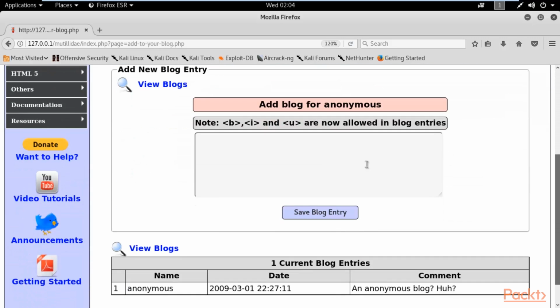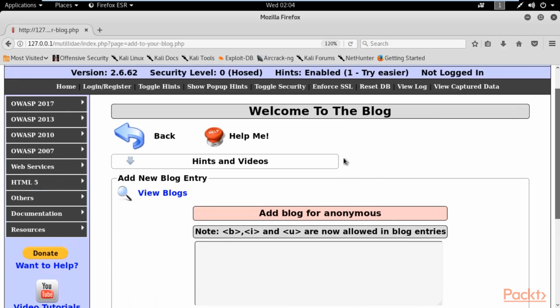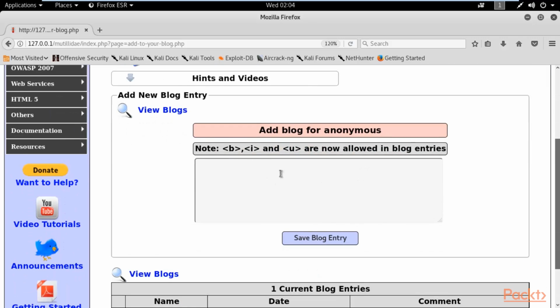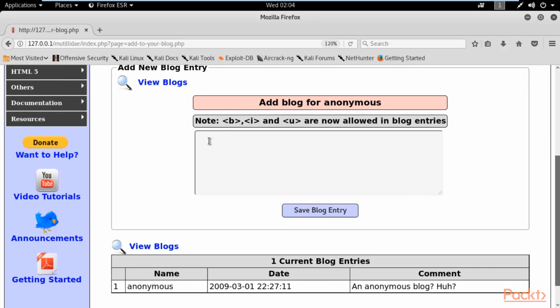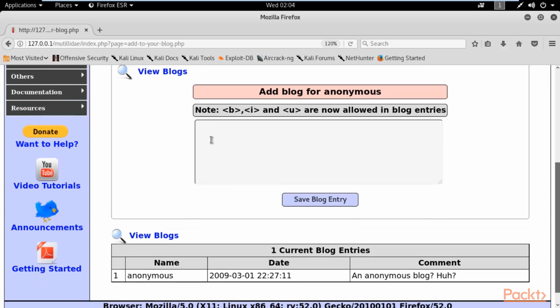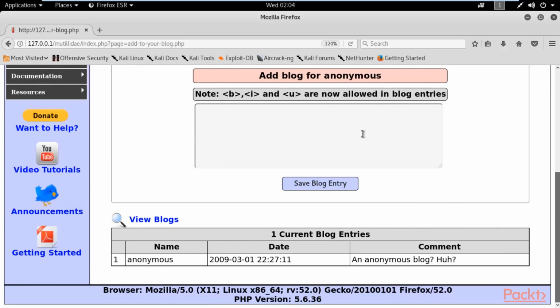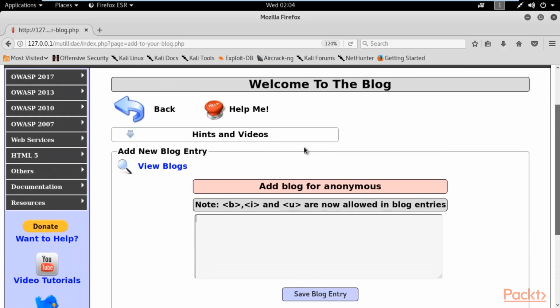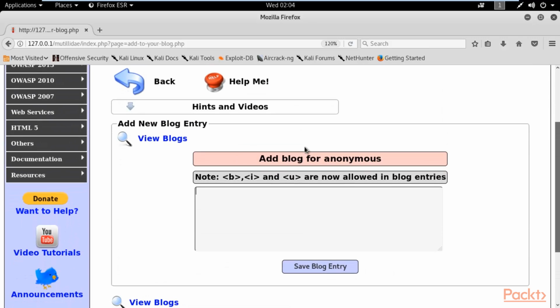Here it is, right? So we need to type some commands inside this blog, right? And it will automatically insert inside the comment box. So let's see if we can perform some persistent XSS or not. Persistent XSS is basically a permanent kind of XSS, right? It is not temporary, it is not for a single user, it is for all users and permanent, right? So I'm going to show you a simple first example of how to perform it.